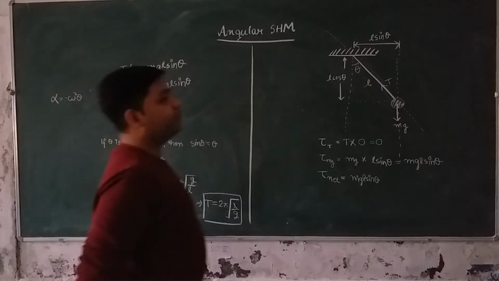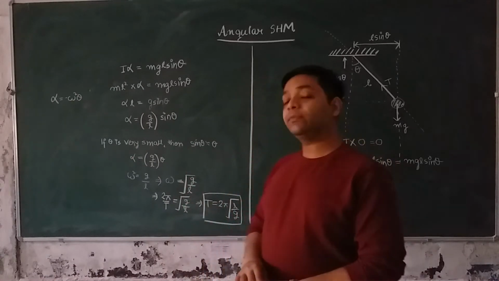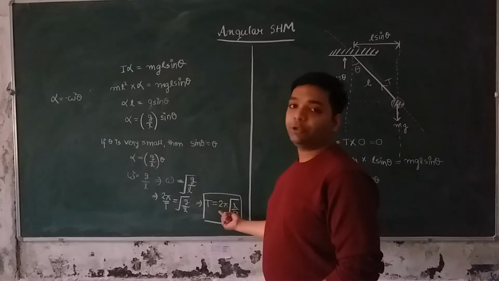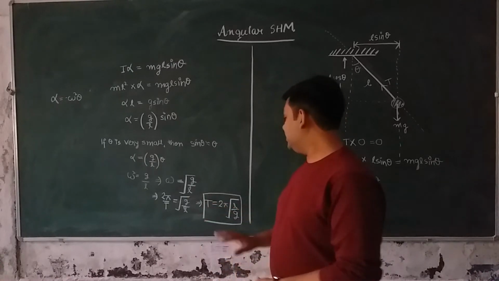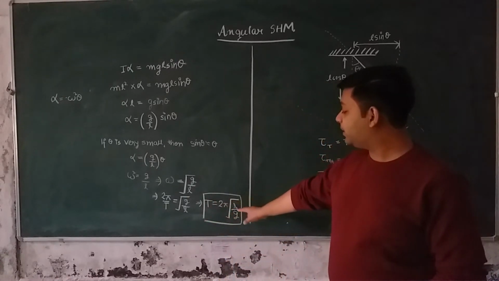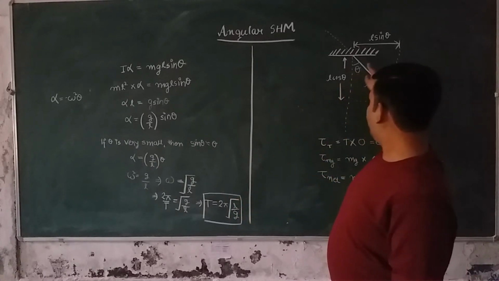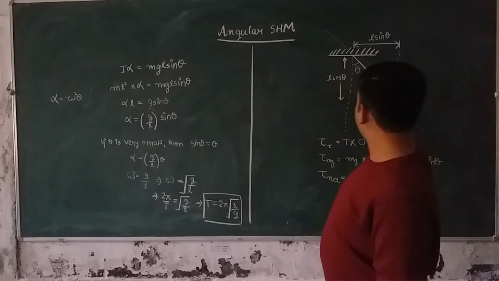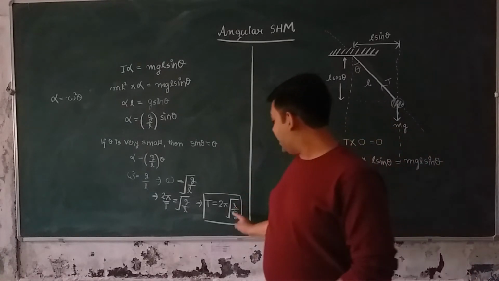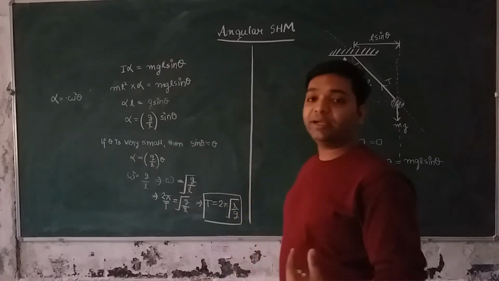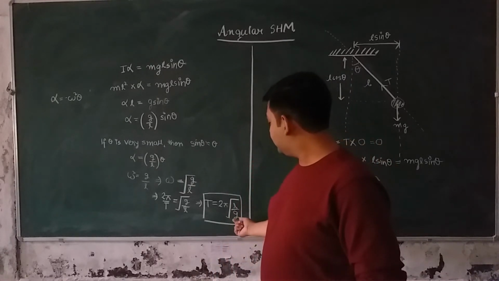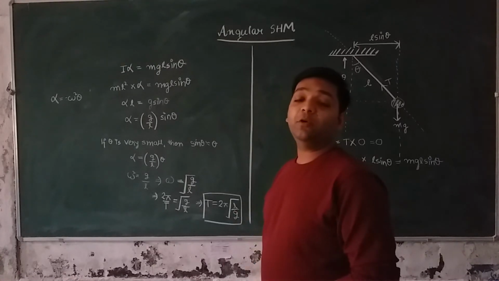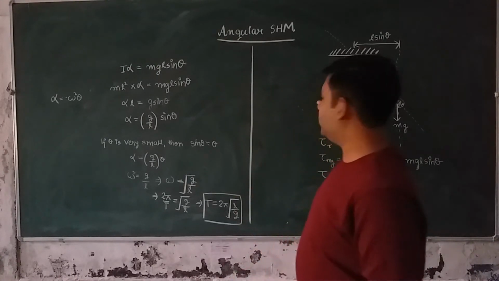I hope that we have noted this down by pausing the video. So now this is the time period for the simple pendulum, which is T equal to 2 pi under root of L by g. You can see that the time period of a simple pendulum for small angular displacement theta depends only on the length of the string and the value of g. And one important thing to note is that this g is the net value of acceleration acting on the ball.